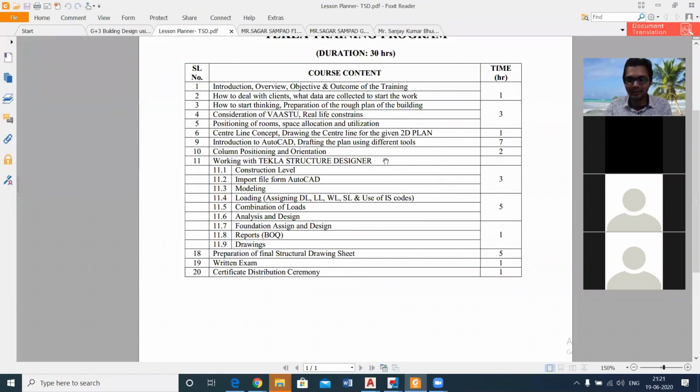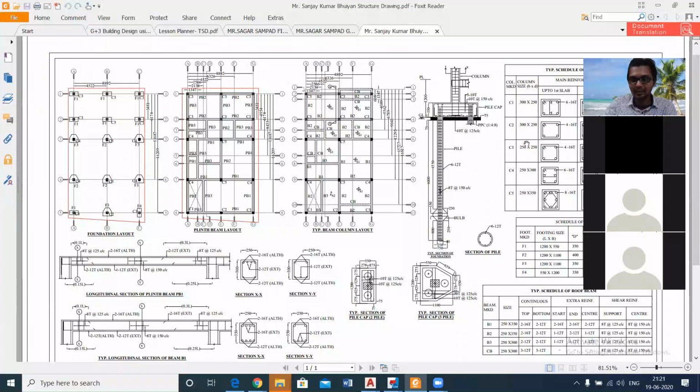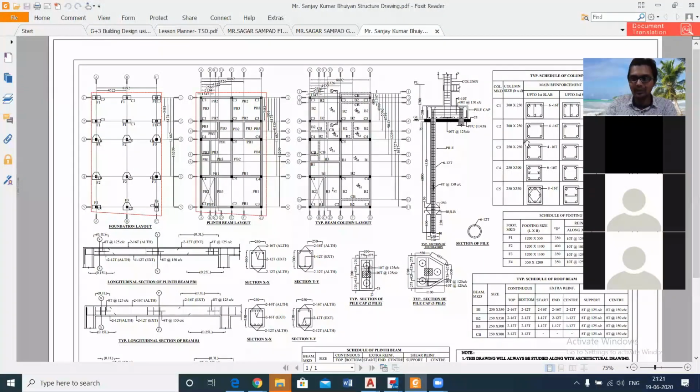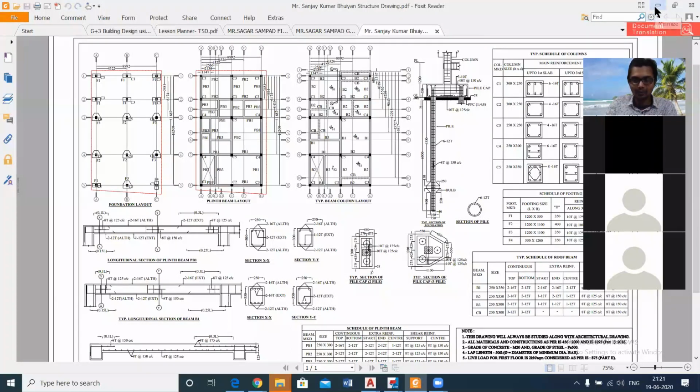Because what happens in civil engineering is that we are taught many things, but we are not taught some job-oriented skills. There are various skills, and among them, one job-oriented skill is structural design. For structural design, you need to be able to design your building from the footing to the slabs, all the complete structural elements, and you need to know how to do this. So for this, you need to have some concepts, and you need the ability of working in a particular software, which will help you in the process. So this is about our course.